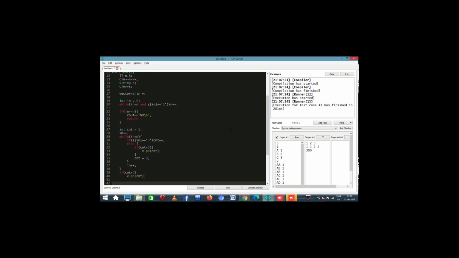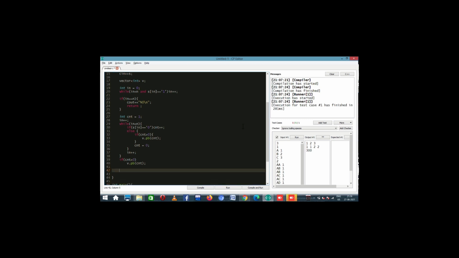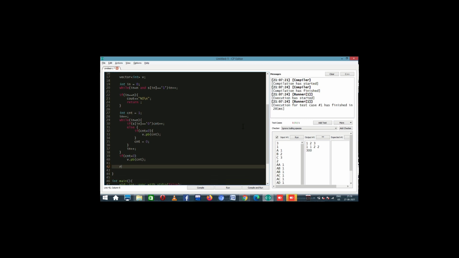Now I have my array, but as I told you, we want to start from the back side, not from the front side. So I will reverse this array, v dot begin and v dot end. Now as I told you, let us initiate a variable saying answer 0. Now how will answer change?